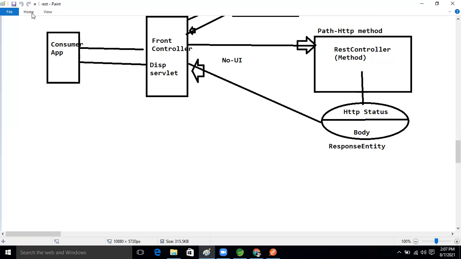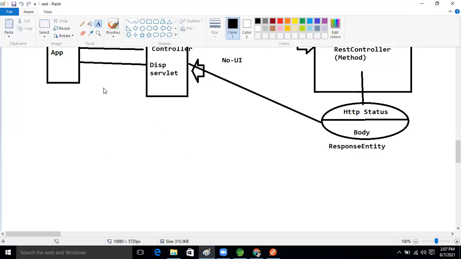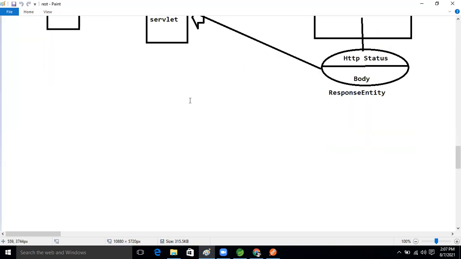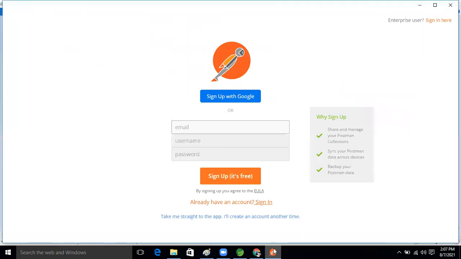Okay, so let's see that. What we will do today is design one application, guys. Based on that, we will use the tool Postman, right? Postman tool. Already I have the account.